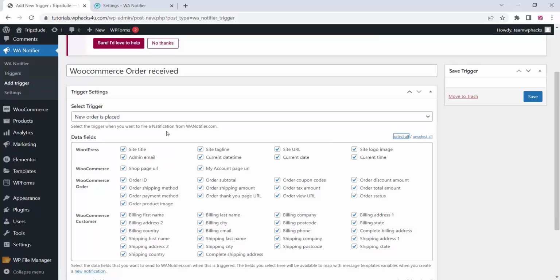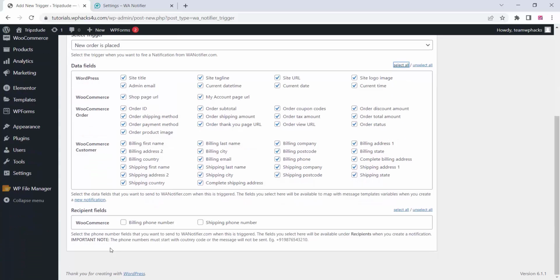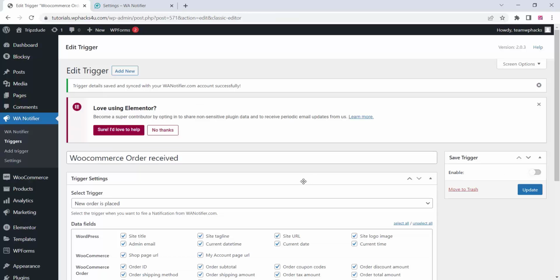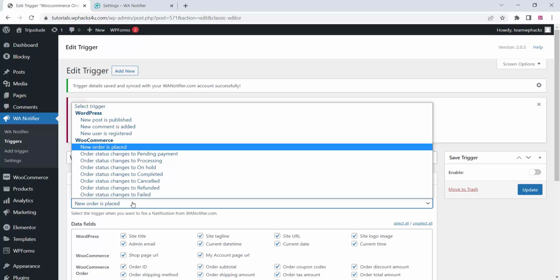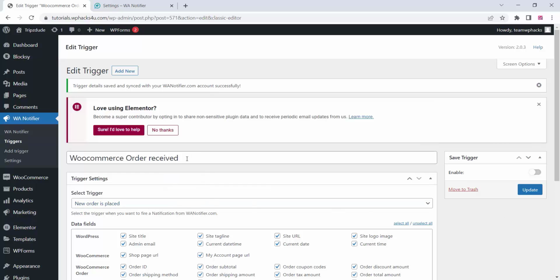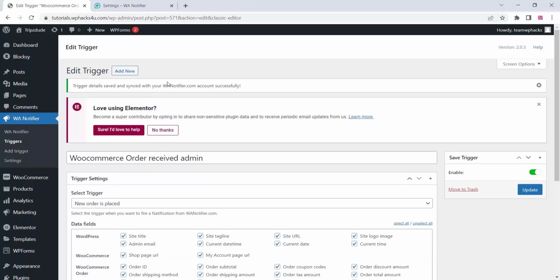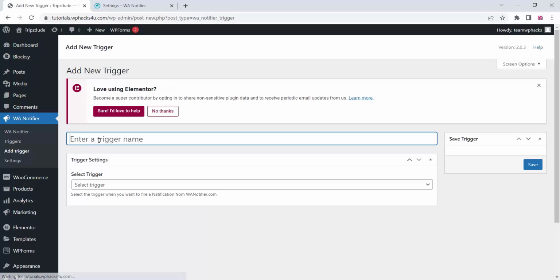If you are using variables, you can select them from here and select the recipient fields, etc., and click on save, and you can enable this. And WooCommerce order notification, WooCommerce order received for admin, I'm just adding for the reference. Now just click on enable and you can update it. Like this, you can just add all the triggers. You can just click on add new, click on add new,